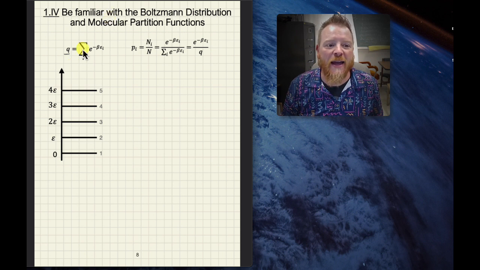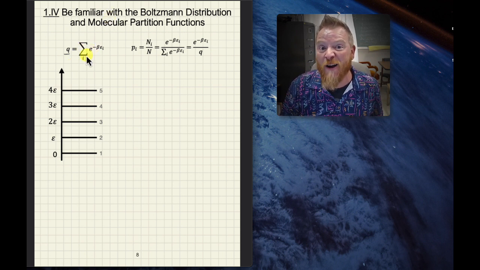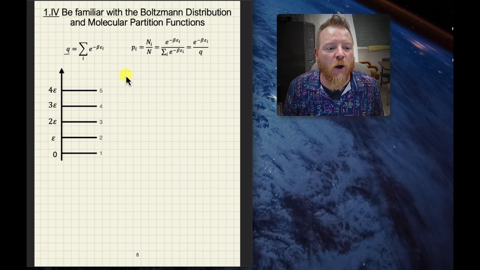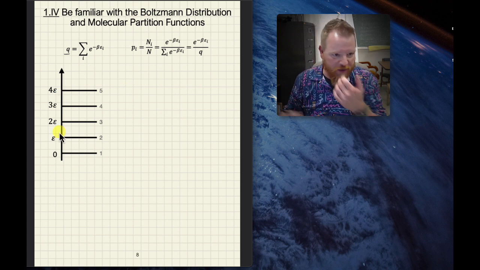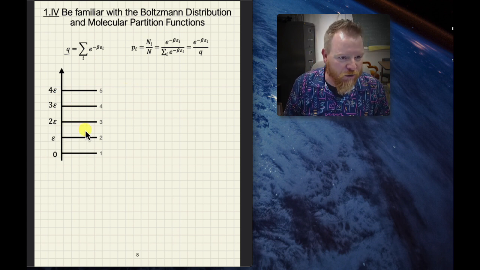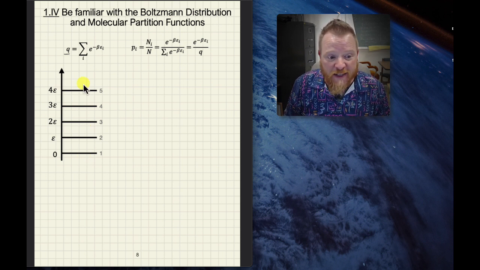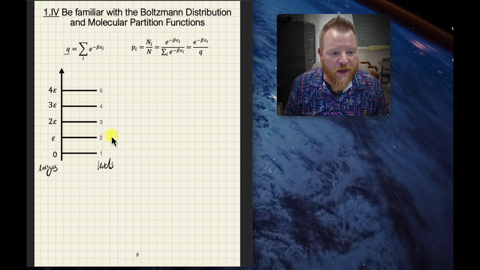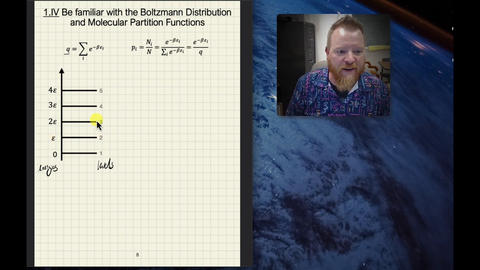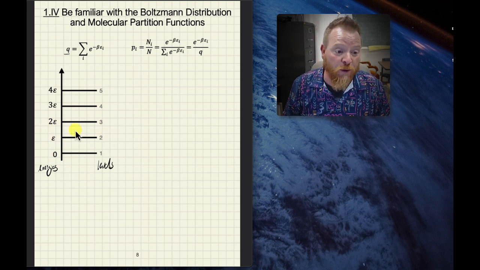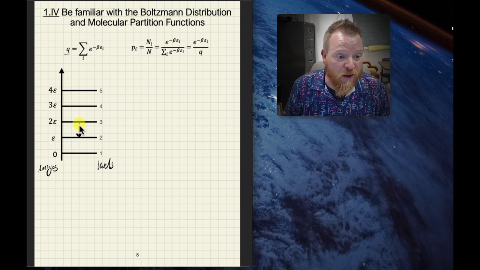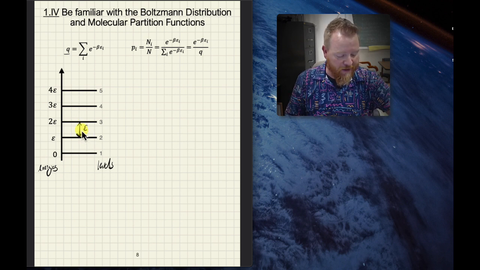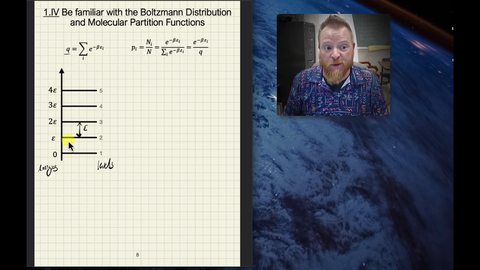So we're going to expand this sum and see if we can't find a shortcut. Okay. So what we have here now, if we just go to our fictitious generic energy level diagram, where we've got evenly spaced energy levels and their corresponding energies. So at the ground state for now, we'll just call that 0. At level 2, we'll call that epsilon. At level 3, 2 epsilon, and so forth. So you can see each of these levels are spaced evenly by this amount, epsilon, whatever that amount is.